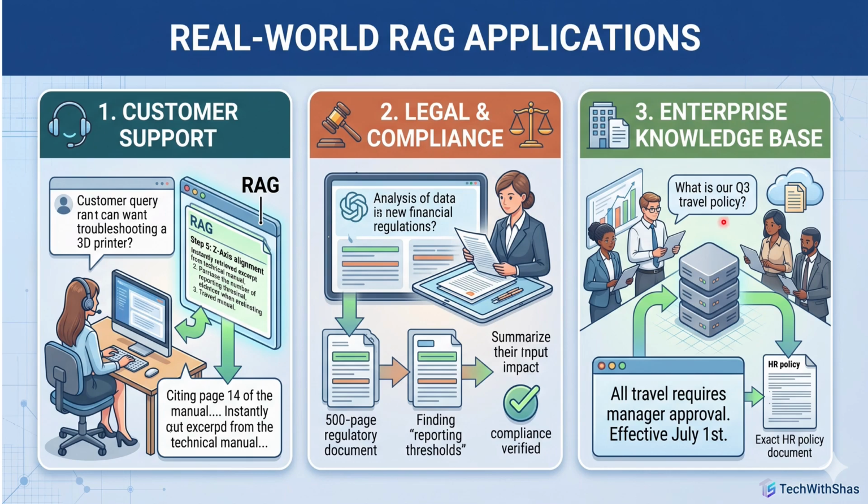The third one is enterprise knowledge. Suppose every company has HR documents, and if an employee wants to get some answers from the HR documents or HR system, they have to dig through the HR folders and intranet files. But if you have a RAG-based LLM chatbot built, the employee can ask the question directly, and if some change happened in a recent document, that can be retrieved easily. These are only a few examples. There are so many examples where RAG is being utilized with the LLM to get accurate information.